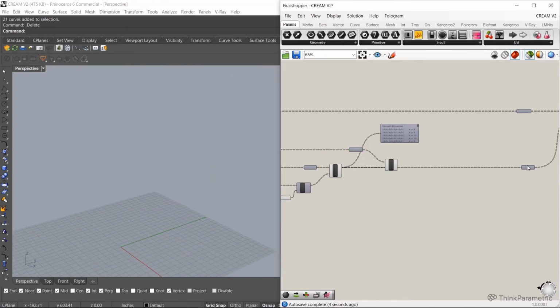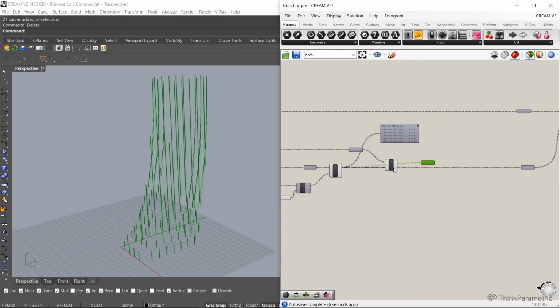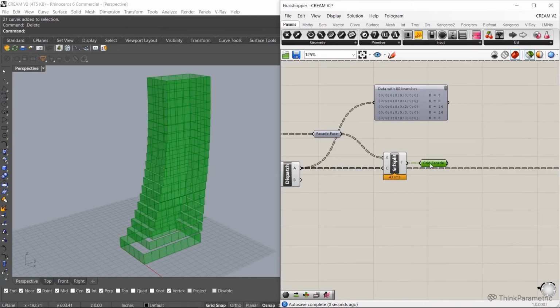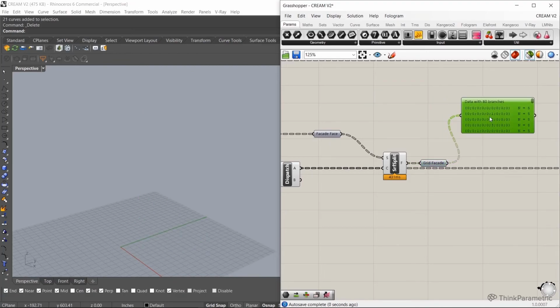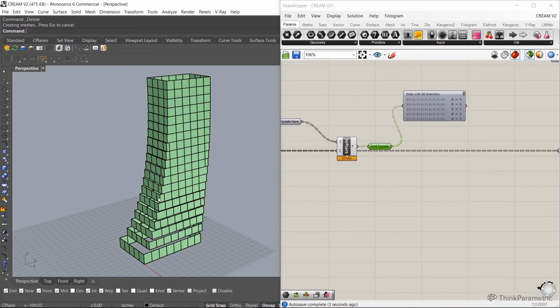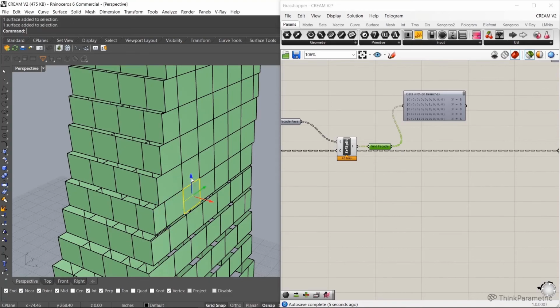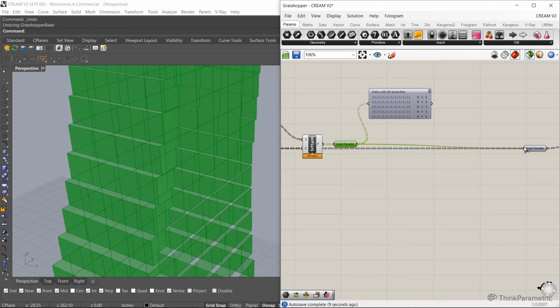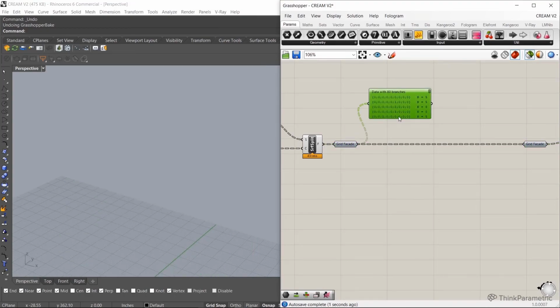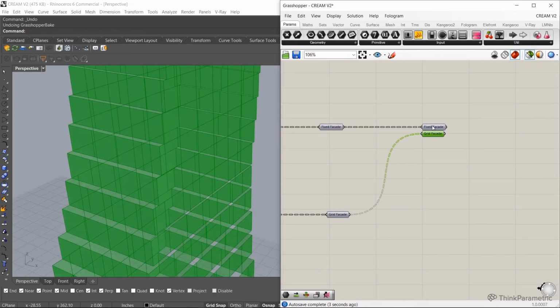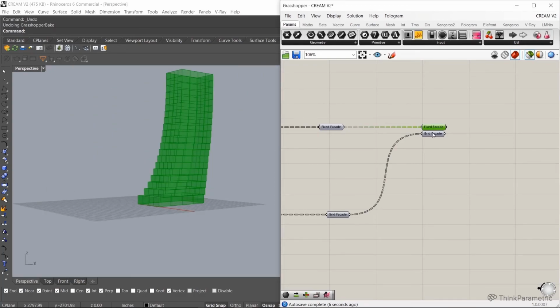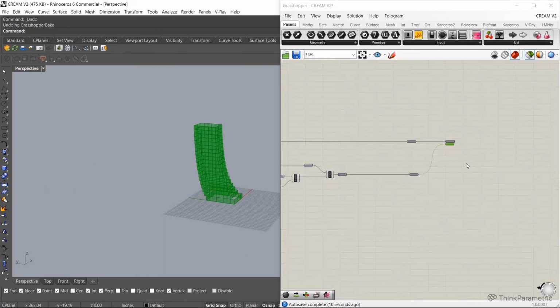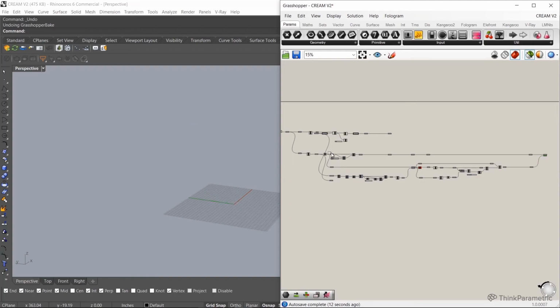And now we should have our gridded facade. There we go. We can bake these and just have a look, see if it's all good. Perfect. So, like I'll say again, now we have our two facade options. We have our fixed facade and our grid facade. Okay, and so basically what I'm trying to show with this little chunk is that this is where you'll create your leading options for your panelization script.